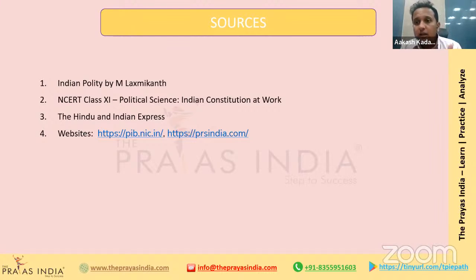If a serious aspirant is reading these newspapers on a regular basis, then things become a lot easier for them, because they are then able to connect the static and the dynamic portions, and establish that link which I have been talking about in the past 1 hour. So on one hand you go on with the static things, that is NCERT and Lakshmikant, and on the other hand you start reading these newspapers and try to establish how you can apply or connect what you are reading with the things that you have read in the static portion.